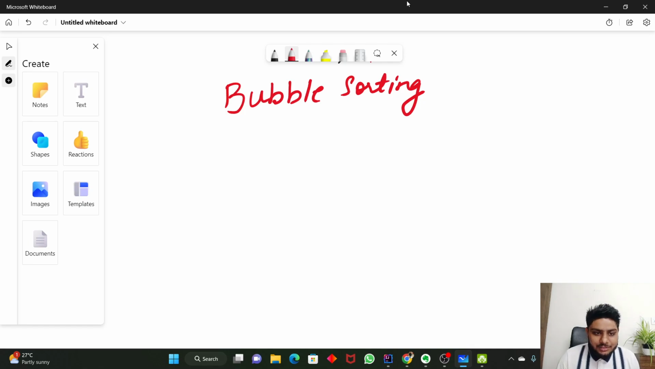Hello everyone. So we are going to discuss one of the sorting algorithms, that is bubble sorting. So we will be moving towards the bubble sorting algorithm. What we are going to discuss is how the sorting should happen on an unsorted array. So let's see, for example, in bubble sorting,